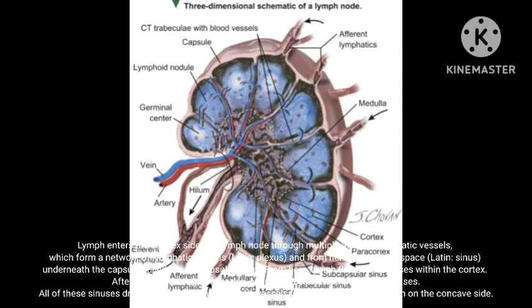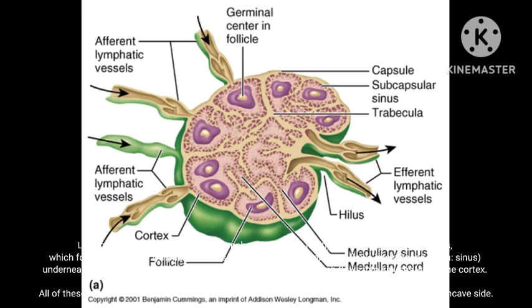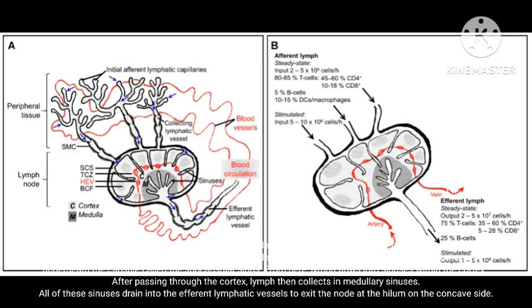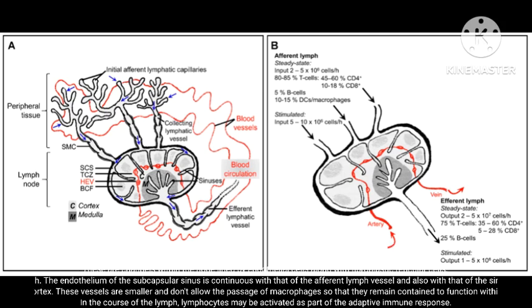From here, lymph flows into sinuses within the cortex. After passing through the cortex, lymph then collects in medullary sinuses. All of these sinuses drain into the efferent lymphatic vessels to exit the node at the hilum on the concave side. These are channels within the node lined by endothelial cells along with fibroblastic reticular cells, allowing for the smooth